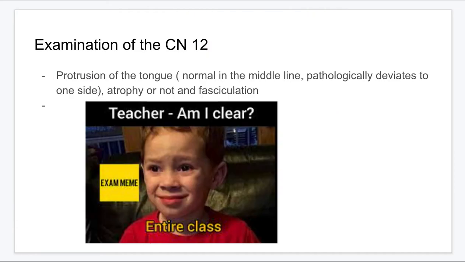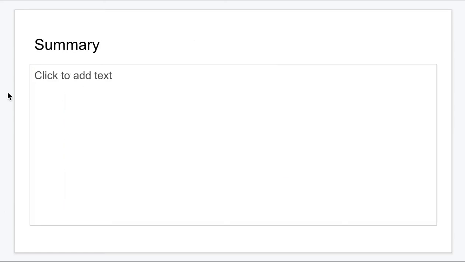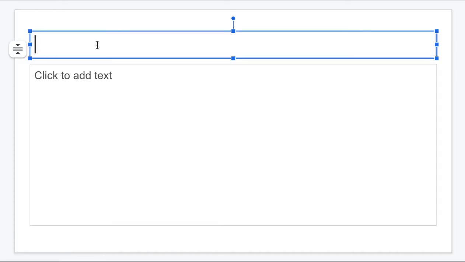Examination of cranial nerve 12: again, tell them to protrude the tongue, and if it's normal, it'll be in the midline. If it's pathological and peripheral, it will deviate to one side. Atrophy or not tells us whether it's central or peripheral, and so do fasciculations, if they're there or not. A quick, I want to talk a little bit about the causes